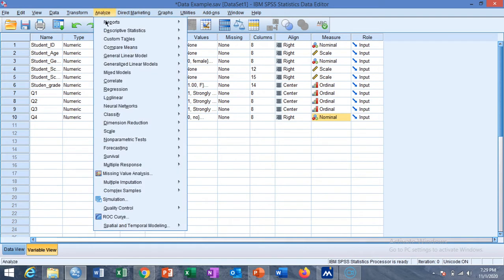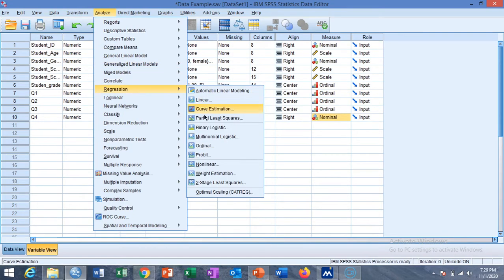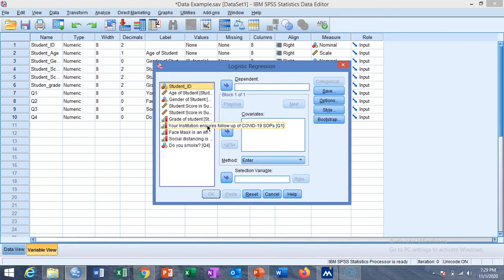We start with the option of regression and then binary logistic, as there are other extensions of logistic regression, which are multinomial logistic regression and ordinal logistic regression. We will discuss these topics in our future videos if we have time. And for now, we start with the smoking variable as the dependent variable,